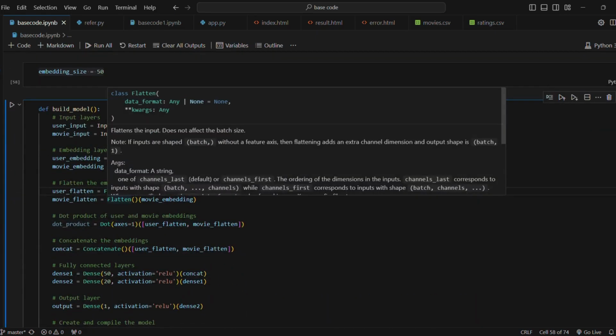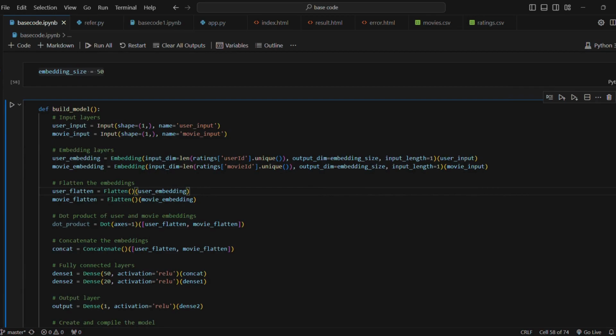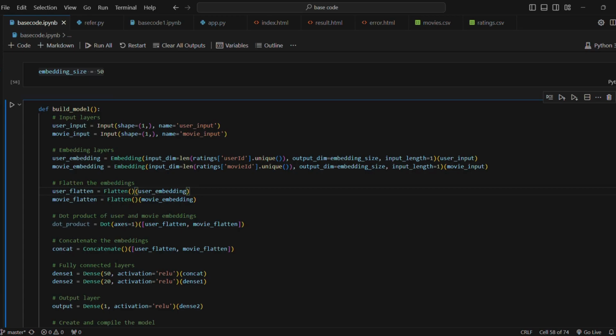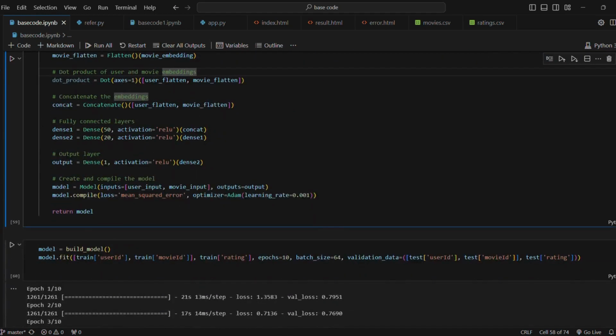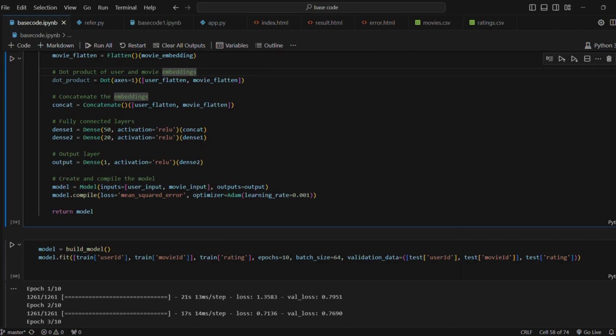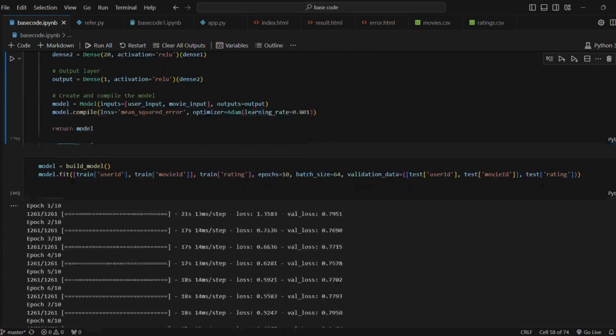Then let's come to the model building stage. Here in the input layer, we'll take the input and flatten it. After flattening, we'll concatenate them to find similar categories and put them into one-dimensional arrays. First they'll be embedded, and after embedding they are in multi-dimensional layers. We want them in a single dimension so that we can find all the common categories. That's why we first flatten and concatenate them. Then we train the model, using the dot fit function on the model object, with a batch size of 64 and 10 epochs.